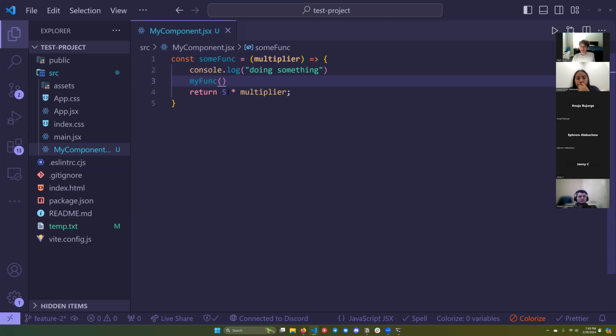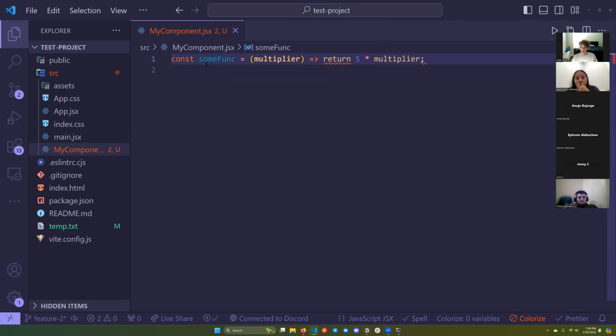However, if the only thing we're doing is one statement and it immediately returns that thing as a result of that statement, then we don't need curly braces around the function and we can do this in one line. And we don't need a return statement either. So this is a function that executes 5 times whatever this parameter is and then immediately returns the value. And that we can call, and if we passed in 5 here and then we console.logged this,